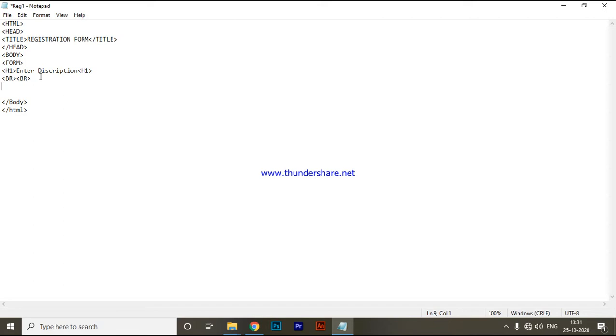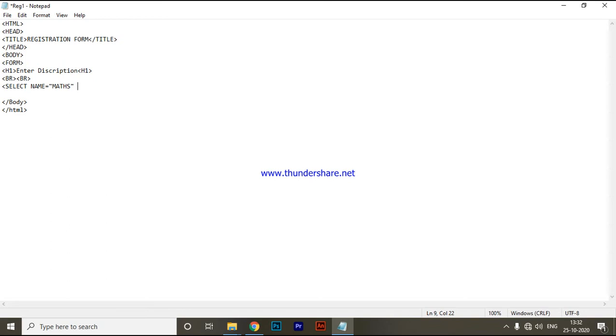Let's see. First start with the select tag. Select, then name, and here maths, because in the first drop down list I would like to keep a maths option.